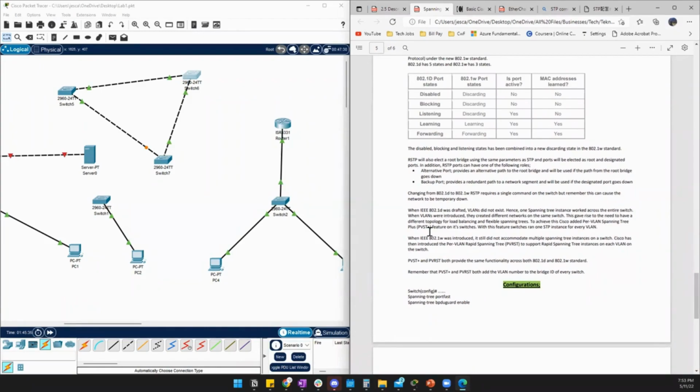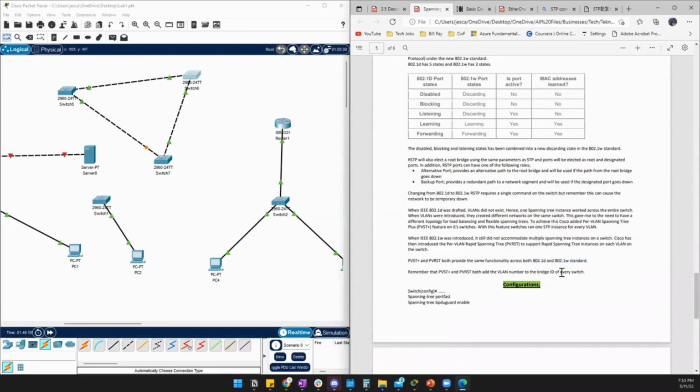Because VLANs came out, spanning tree obviously was like, okay, well, if I can do this within LANs, what about VLANs? What if you're separating multiple VLANs, and how does that happen? Now who's become the root bridge, and who gets the root ports and designated ports, like now what happens? So they had to come out with something called PVST plus and PVRST, which is just upgrades from the old school ones, which still provide the same standard, right? So